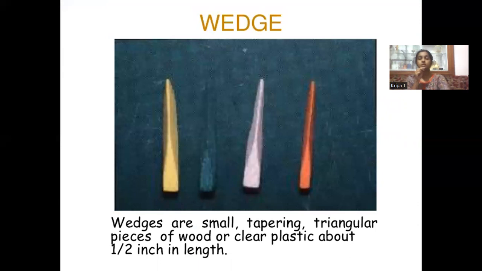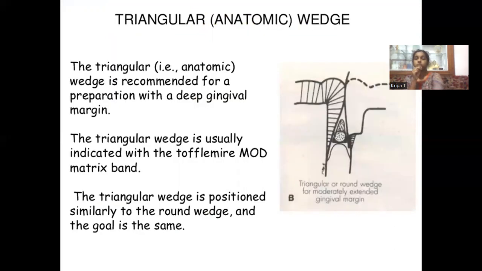So you can see that wedges are tapering triangular pieces of wood or plastic, 1/2 inch in length. You can also call the triangular wedges anatomic wedges. They are recommended for preparation with deep marginal seat. The marginal wedge, the triangular wedge, is indicated where